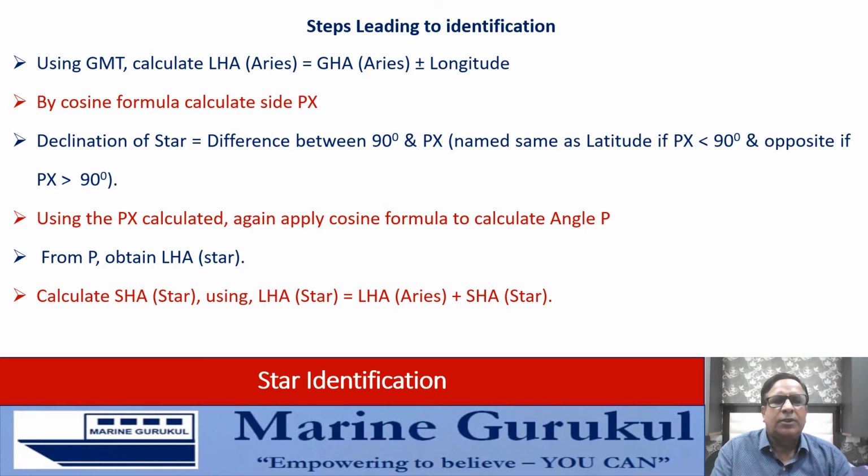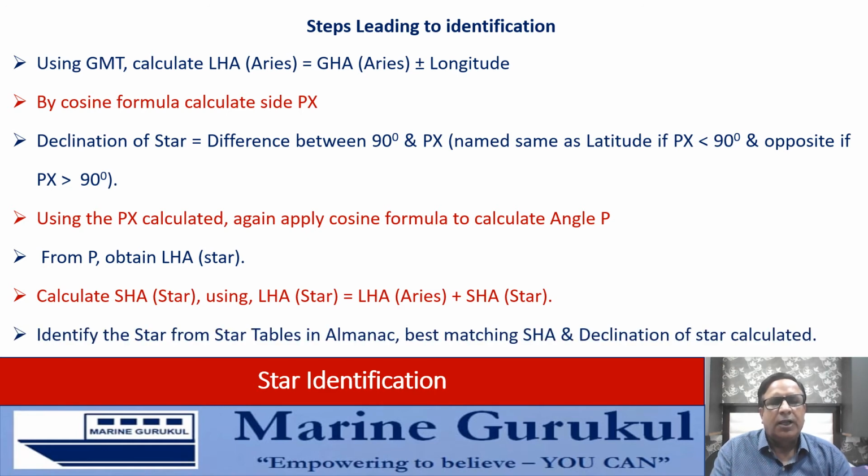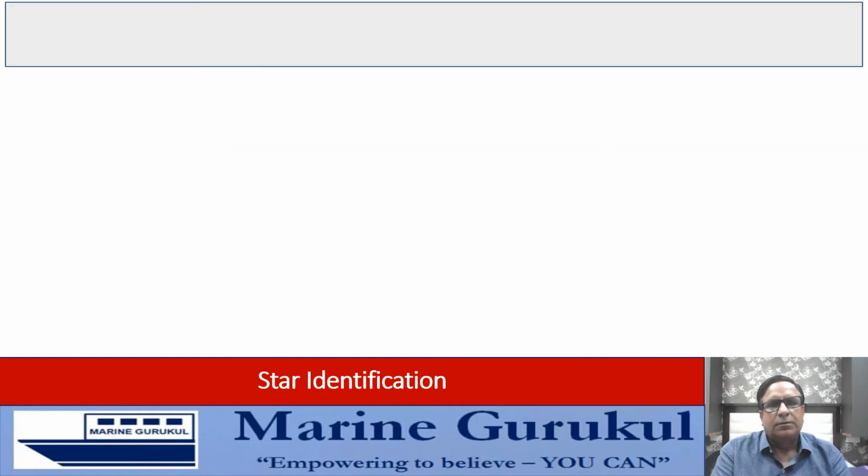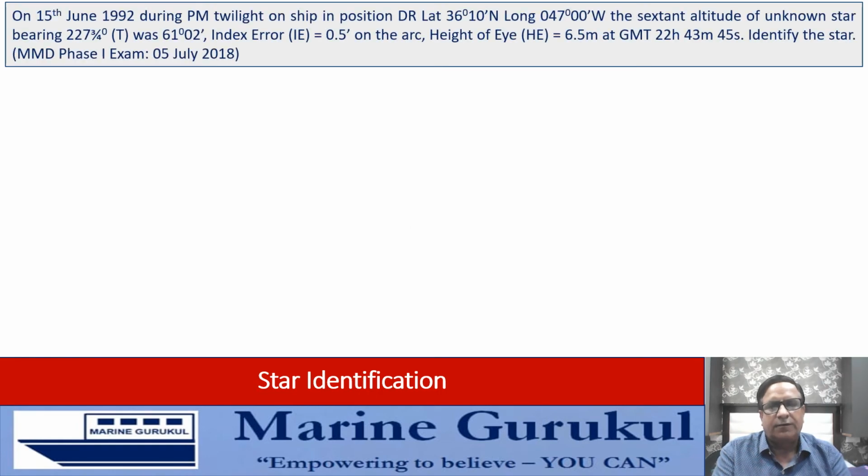We now know that LHA star is equal to LHA Aries plus SHA star. LHA Aries has also been calculated. We have obtained LHA star and the difference shall give us SHA star. Having obtained SHA star and declination star, the star can be identified by going to the pages in the nautical almanac containing the star information. We now apply the steps that we just learned in solving a question taken from past MMD exams for Chief